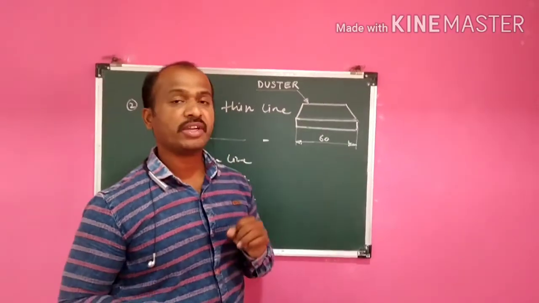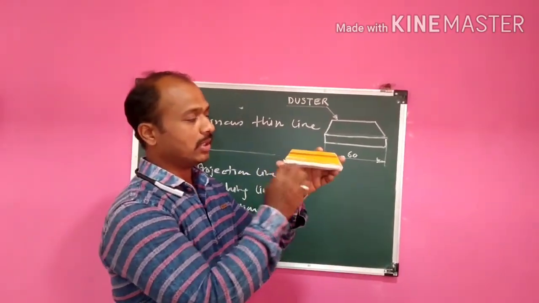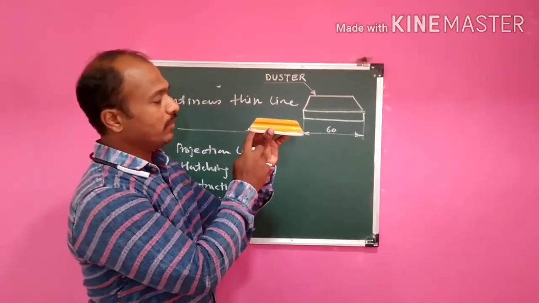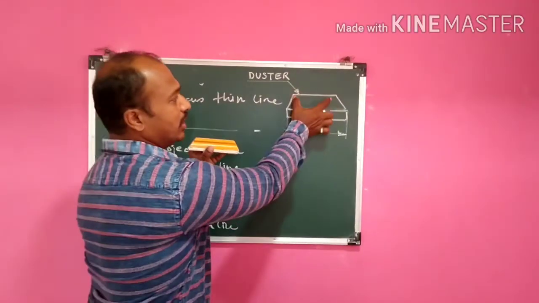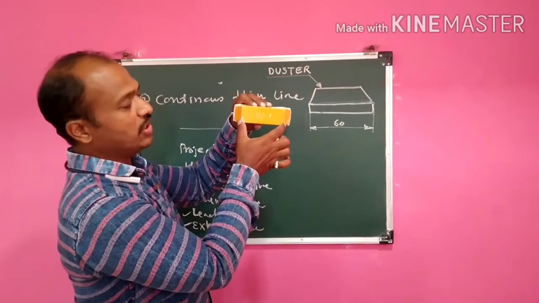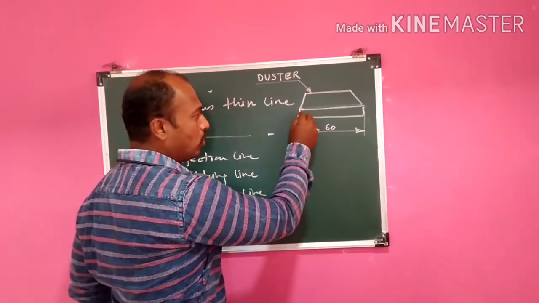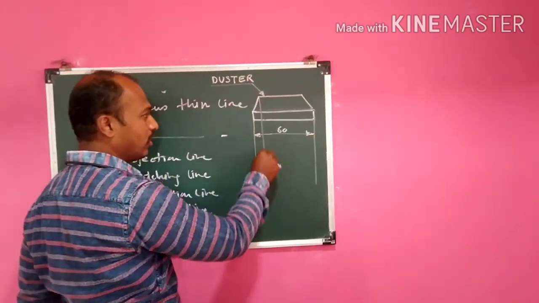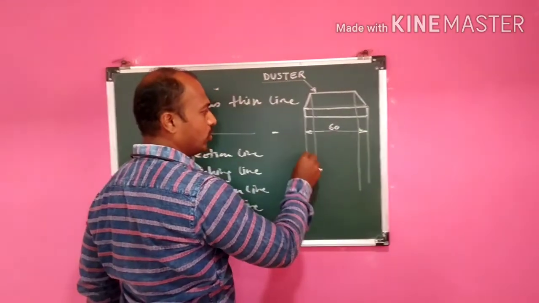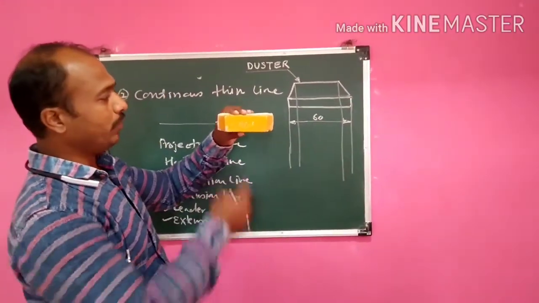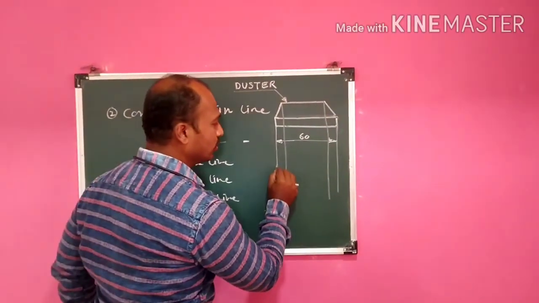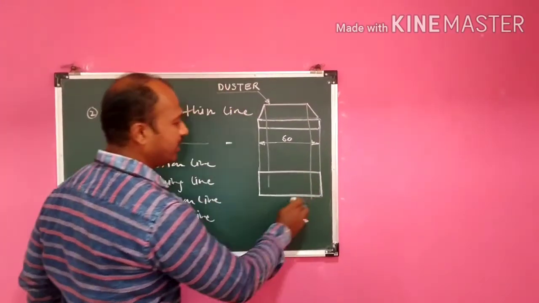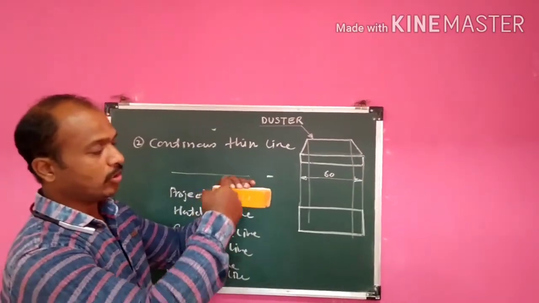Then suppose I want to draw its top view. This is the front view of the object, and this is the top view. While drawing the front view and top view, see, in the front view this is the edge, here we draw that, and in the top view this edge is visible here. So while drawing the top view, we shift all these corners to the top view like this. We shift all these corners in the top view, right? And what is the top view? The first one is the rectangle. So this is the rectangle first, right? This is the rectangle. This is the outline of the object.